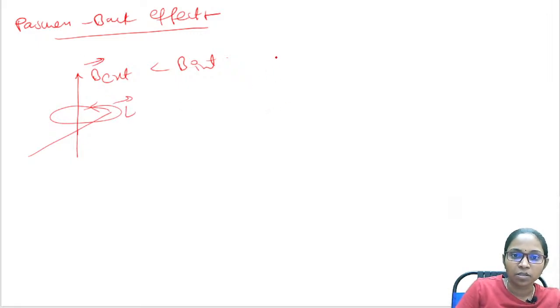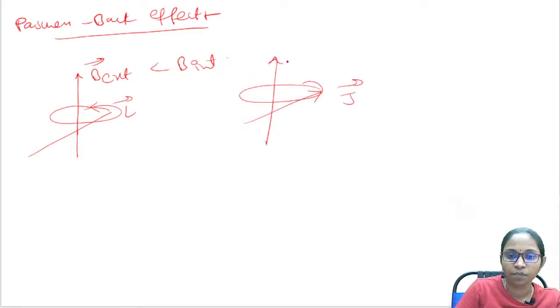Okay, in Anomalous Zeeman effect, J bar is precessing about this external magnetic field. Here we consider J because here we included the electron spin. And coming to the Paschen Back effect, if you keep on increasing this external magnetic field,